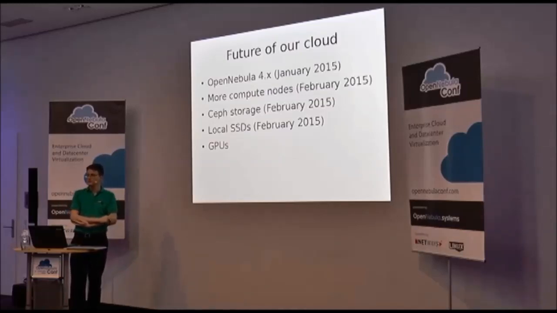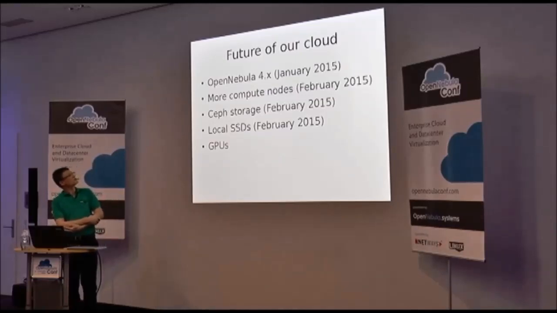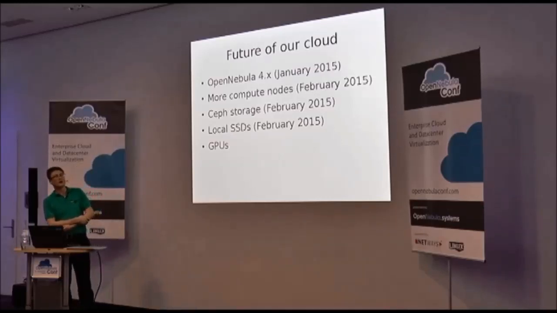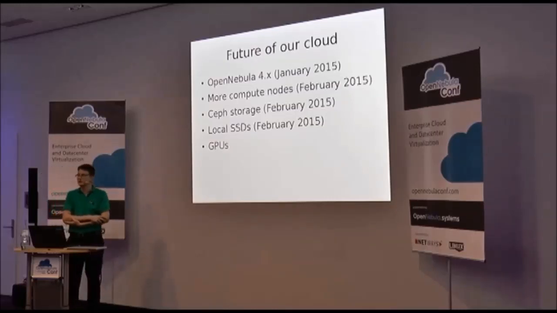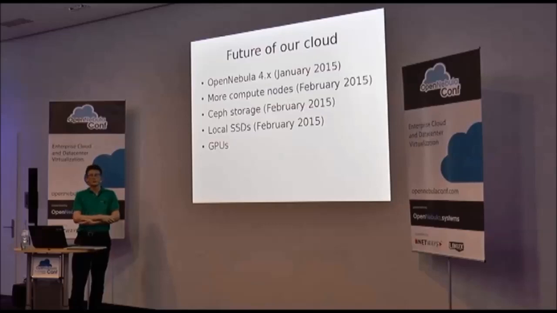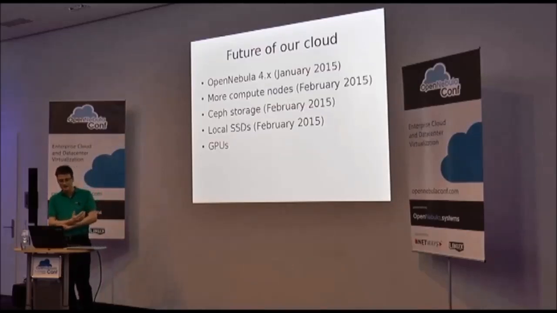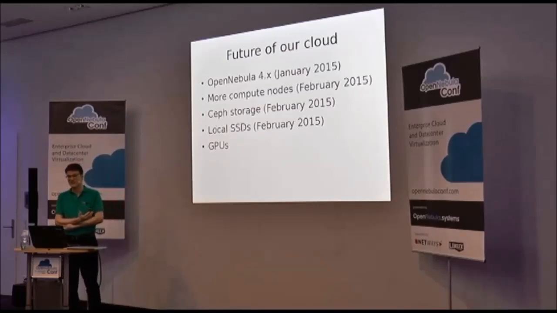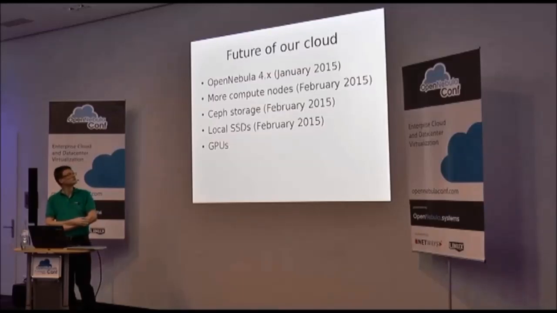To improve the utilization of our cloud, we're going to upgrade to OpenNebula. Well, we don't know which version exactly yet. I hope it's going to be the latest version, 4.10 or hopefully 4.12. Maybe by the time we're ready to upgrade, 4.12 will be out. We're going to get some more compute nodes, and we're going to add Ceph storage to our current setup, because I think it will really help us to scale to a bigger setup and to allow more users to run